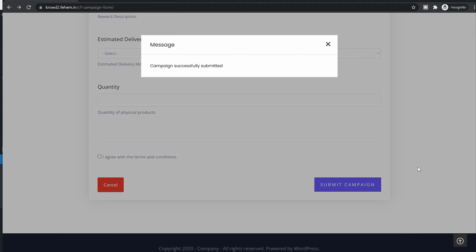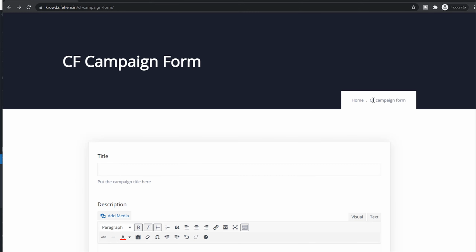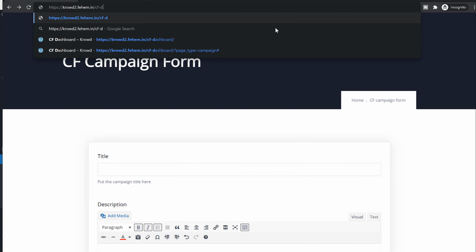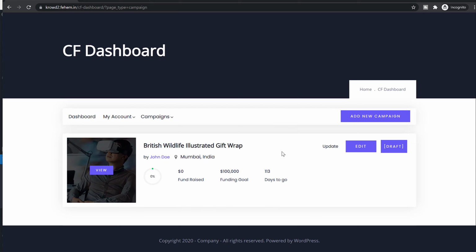So this is how a person can come to your website and submit this campaign. Once it is done, you can cancel this. Now again, let's go back to our dashboard. So we'll have to use this link. Now if I come to this dashboard and click on campaigns, my campaigns, I'll see this is present over